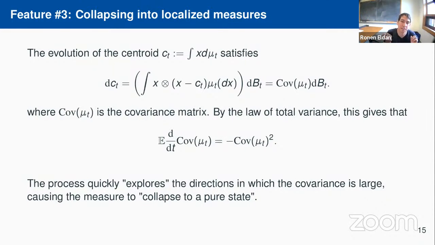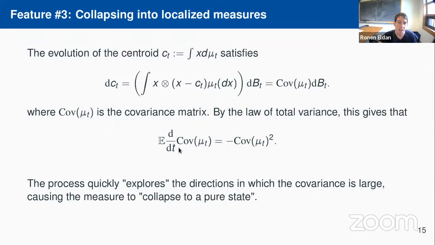So it has a tendency to explore the directions where the measure has large covariance. And if we just plug this into the law of total variance, what we'll get is that in expectation, if I look at the covariance matrix of this measure mu t along the process, so this is a matrix valued process, and I try to analyze it, I see that in expectation, it satisfies this Riccati